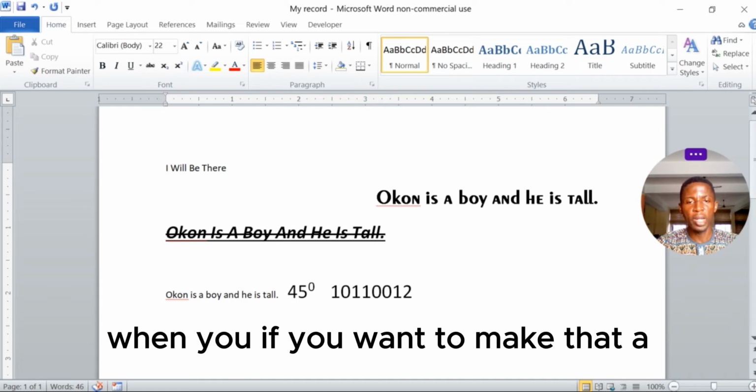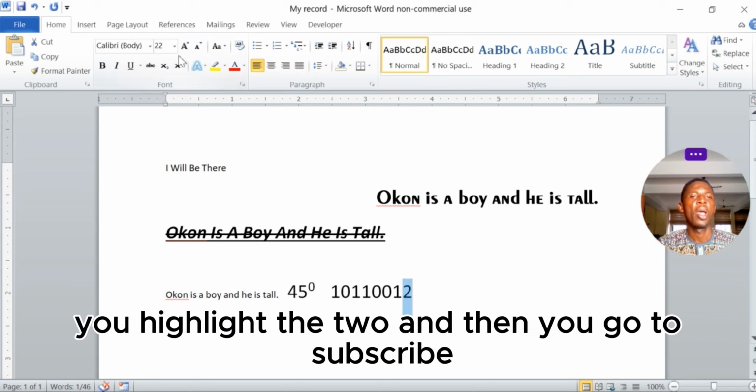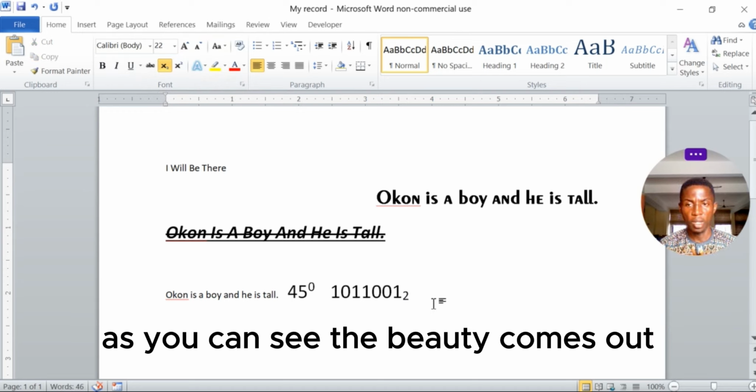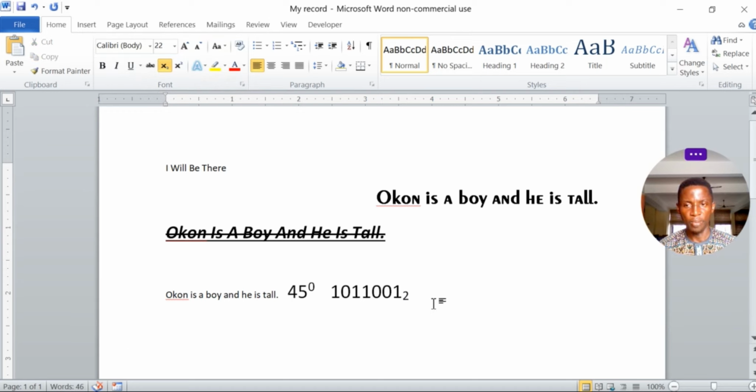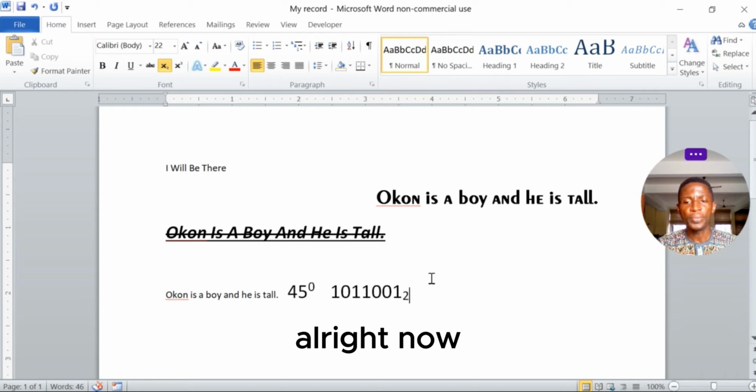If you want to make that a base, you highlight the 2 and then you go to subscript. As you can see, the beauty comes out. All right, now